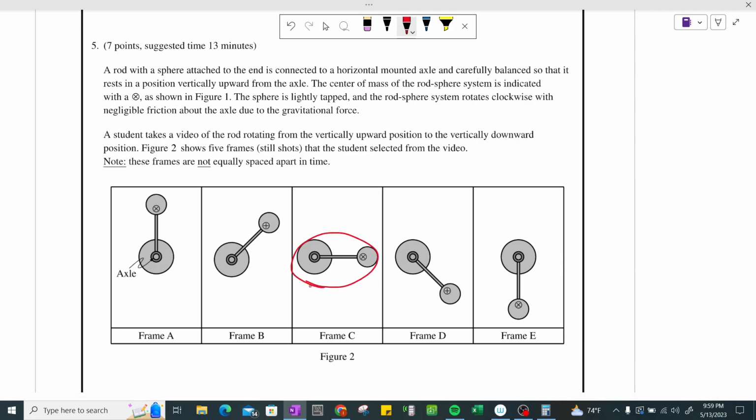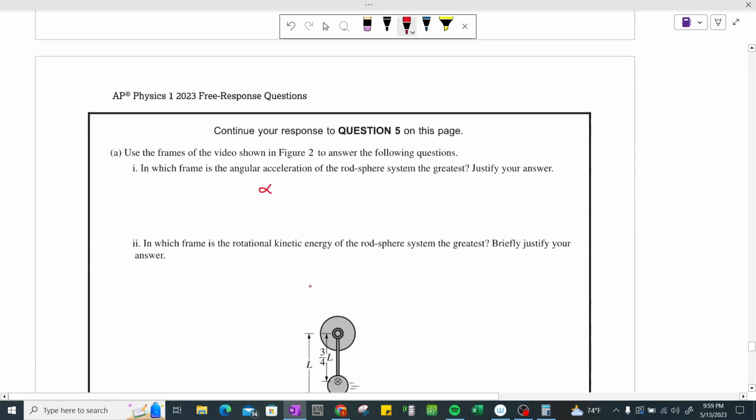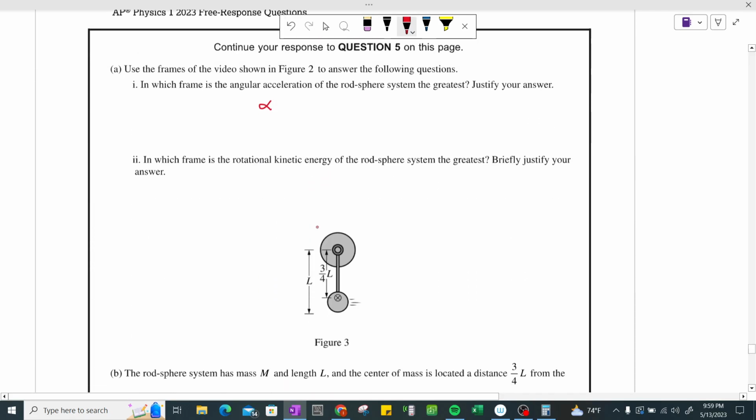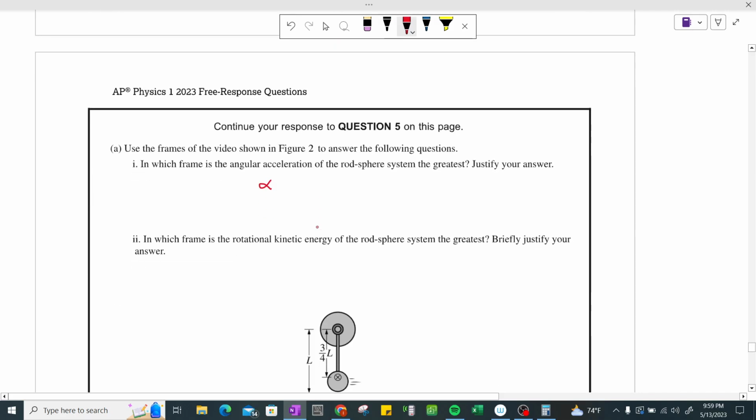Just because at the top there's very little acceleration. At B, it's gaining speed. At C, it's gaining the most speed. At D, it's going to start slowing down, which is still an acceleration, but it's not accelerating as fast. At E, there is no acceleration because there is no net force acting on it at that point. So I would say